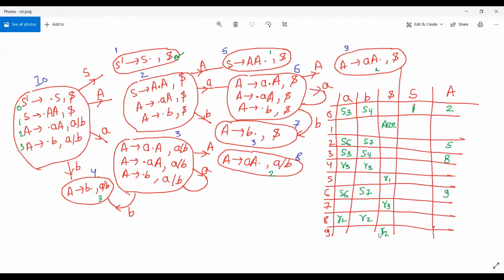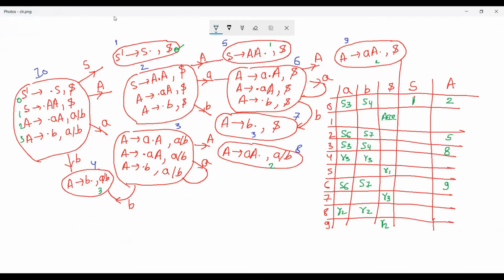So I hope you all can see the screen. So this ये जो है आपका, this we have already created. Now this is the reduction state. Now in this state, on seeing capital A, you have created the LR1 item. S tends to capital A dot, and the look ahead will not be changed, dollar.